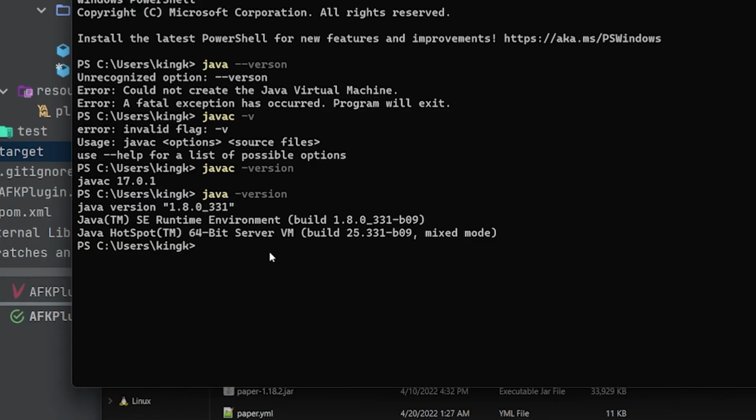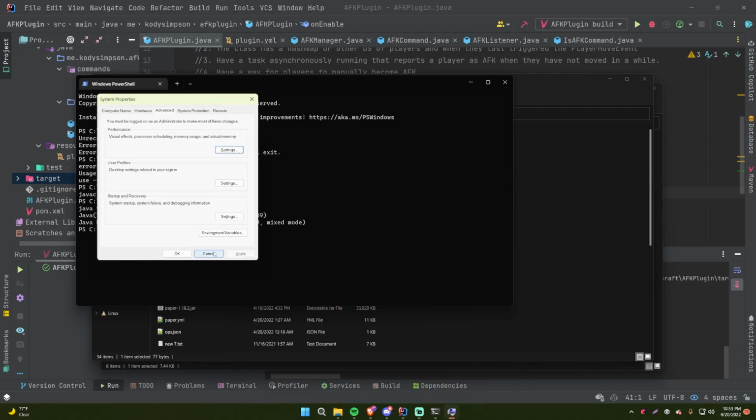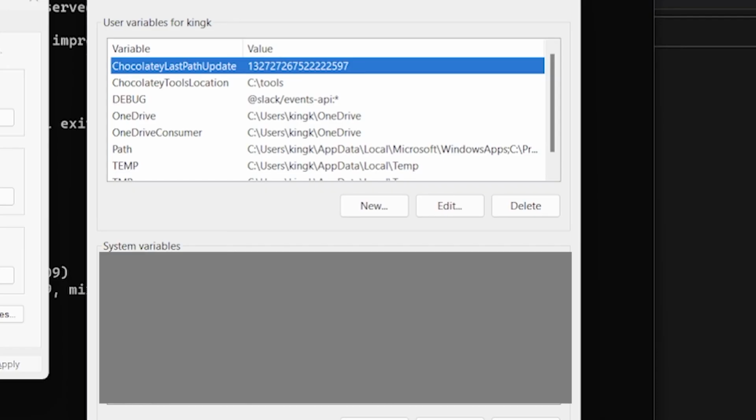Oh no. So it looks like I updated my version of Java today on my computer, the runtime environment, and so it reset my Java version to 1.8. So I'm just going to take this time to show you how you can change yours back to Java 17, the JDK number. So let's just go to environment variables, go to